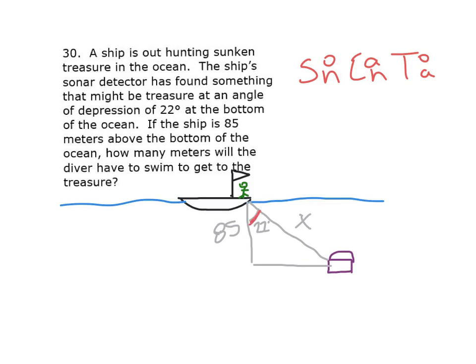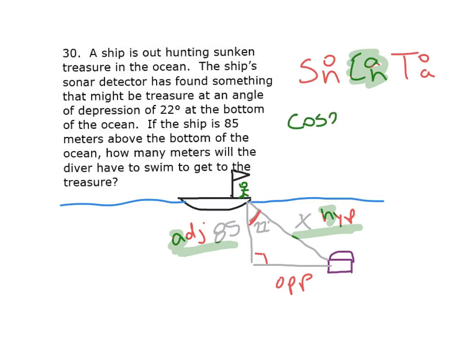Given our angle, labeling the sides, this would be 90 degrees. We have the adjacent, and we're looking for the hypotenuse. So that's A and H. That's going to be our cosine. So cosine of 22 degrees is equal to